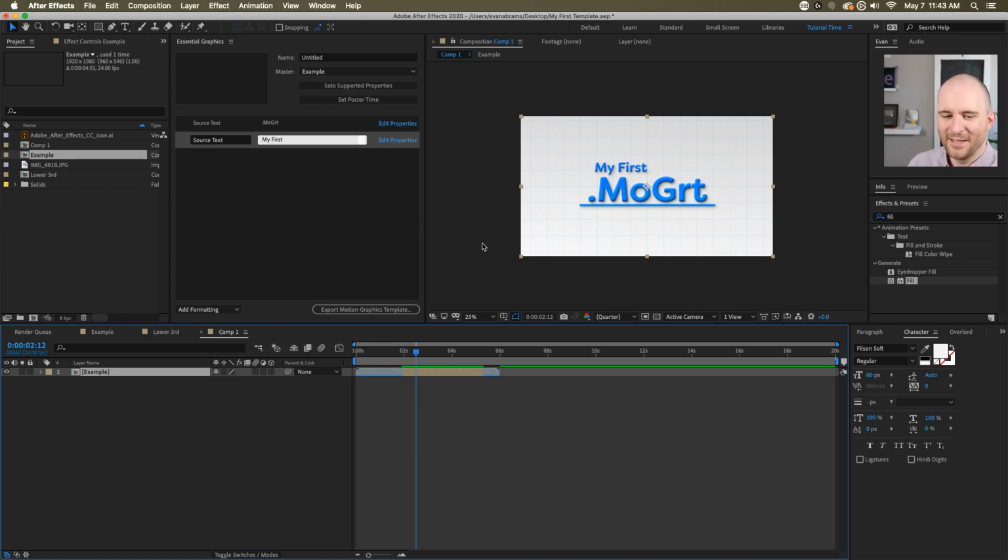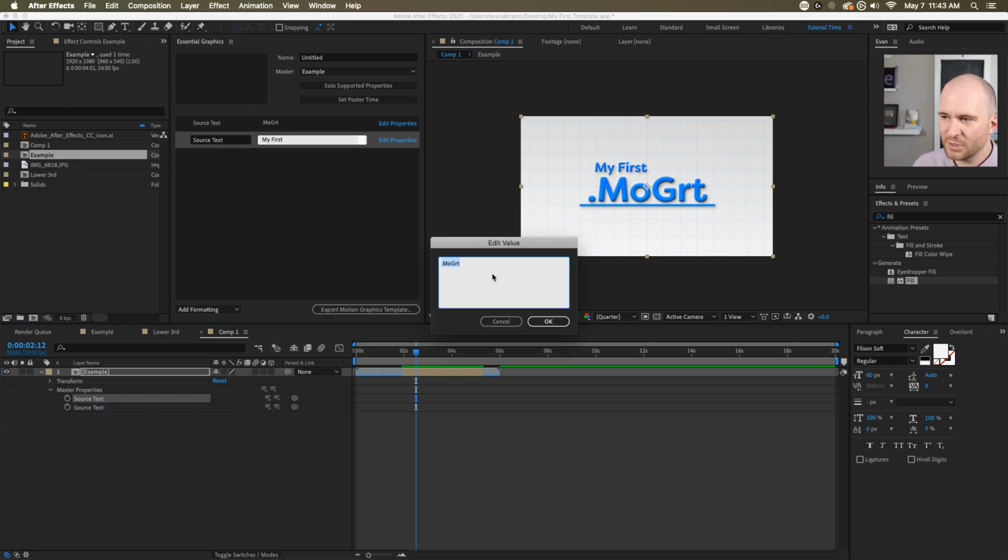So here, I'm now able to twirl in, and look at this. We got a new friend. We got transform, and we've got something called master properties in here. Now, master properties is literally just the properties that we are allowing other people to modify about this template. This is just how they look in here, right? So here in After Effects, I can edit the value of this to say, I don't know,